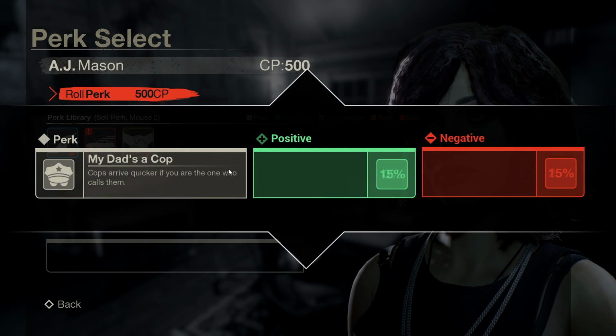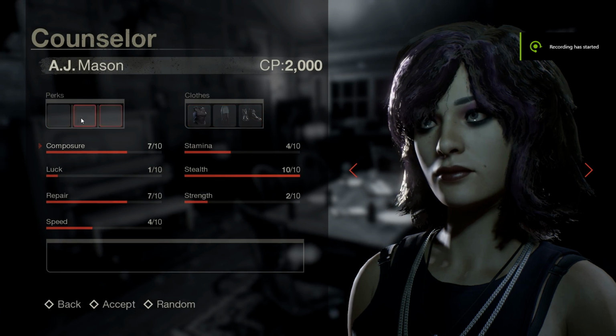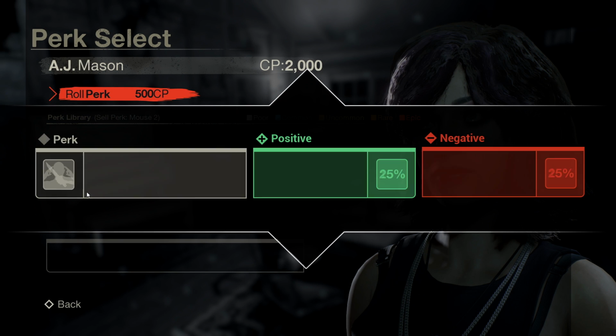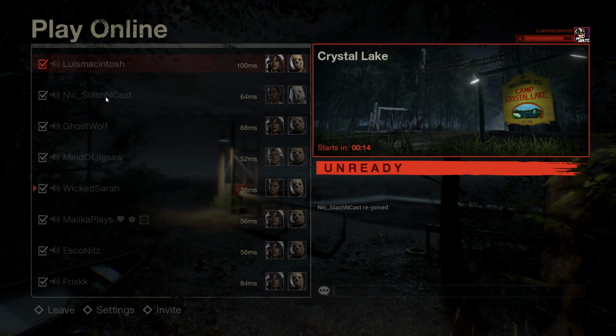You can then purchase these unlocked characters using CP, or customization points, that you earn while playing the game. You can further customize your counselors too by adding new clothing or perks that give you bonuses within the match. These perks can also be purchased at random for 500 CP a pop, and what I really like about them is that they're color coordinated based on their rarity, to let you know how rare and valuable these perks are